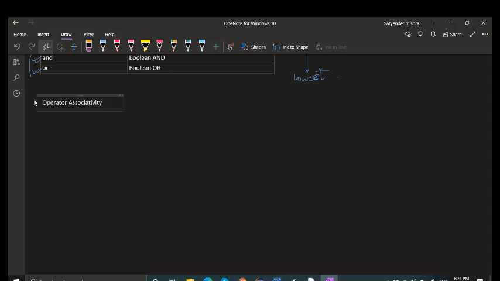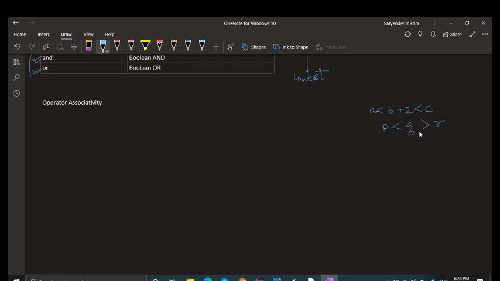Python allows multiple operators in a single expression. Fine. So for example, you can write an expression like A is less than B plus 2 less than C, or you can write the expression P is less than Q and Q is greater than R. Python will execute this kind of expression without any problem, but it will maintain the precedence.